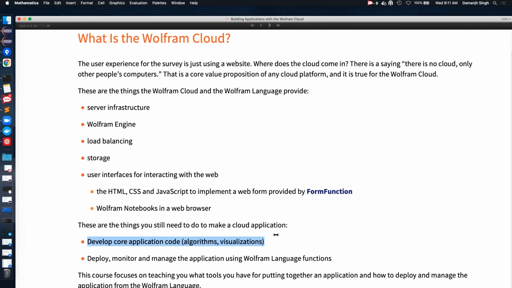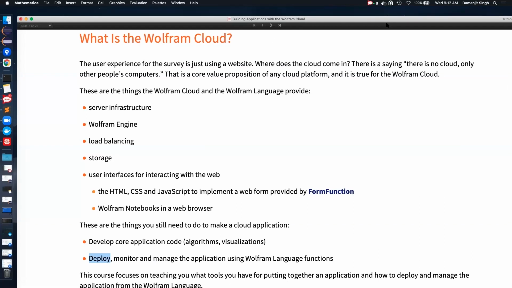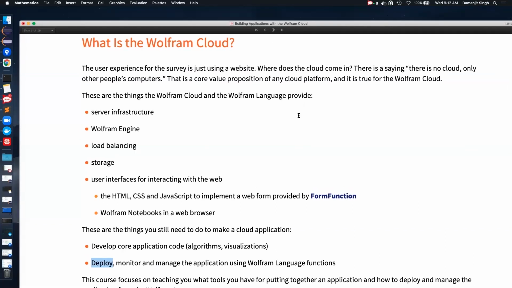But just to give you an idea, in order to have your application, you need a core code. Another thing you need is a deploy mechanism, which you can use to deploy your code. We'll have the functions available, which we'll discuss shortly, and how you use them to deploy your code. When we discuss all these things, you will have all the tools necessary to create an application and deploy it to the cloud. Okay,